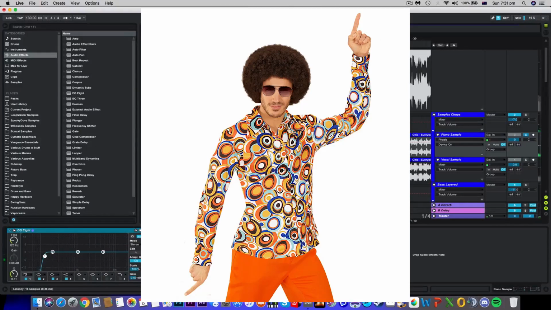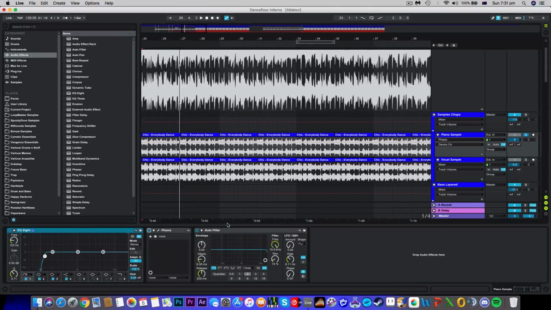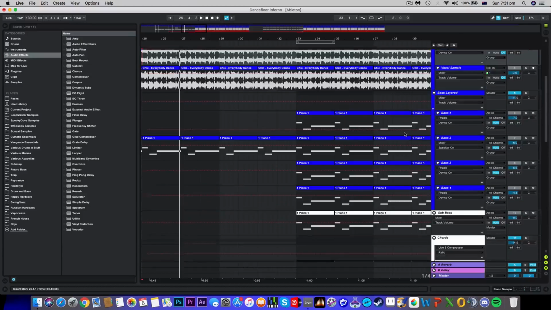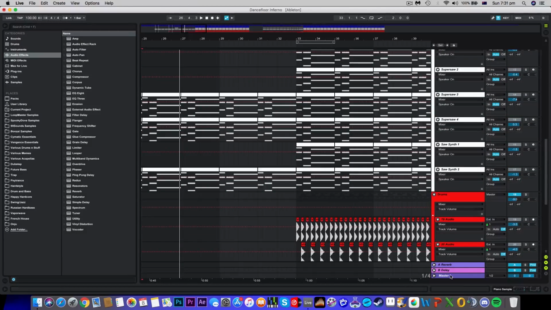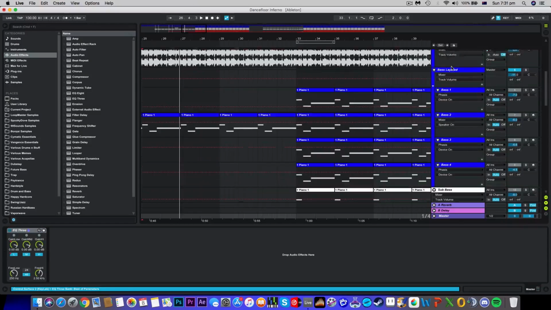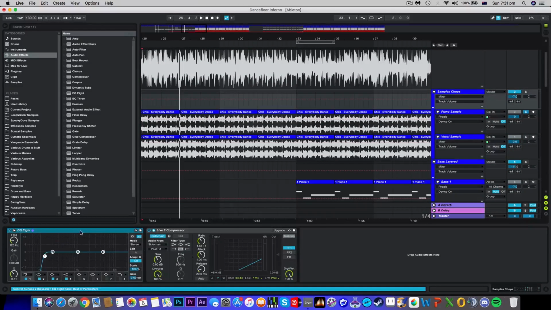Makes it very funky. So now that we've got a phaser, you can also put that on your basses and your chords. I wouldn't suggest putting it on everything. I mean, if you put a phaser on everything,